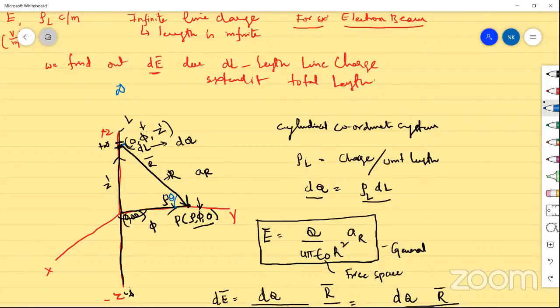Suppose I am considering here, so when this point is meeting at infinity, it will be like this. When two lines are meeting at infinity, what is the definition? They are parallel. So when they are parallel, what is the maximum value that you are getting? 90 degrees. So theta is 90 degrees in this direction, and in the other direction this will be minus 90 degrees. So theta goes from minus 90 degrees to plus 90 degrees.